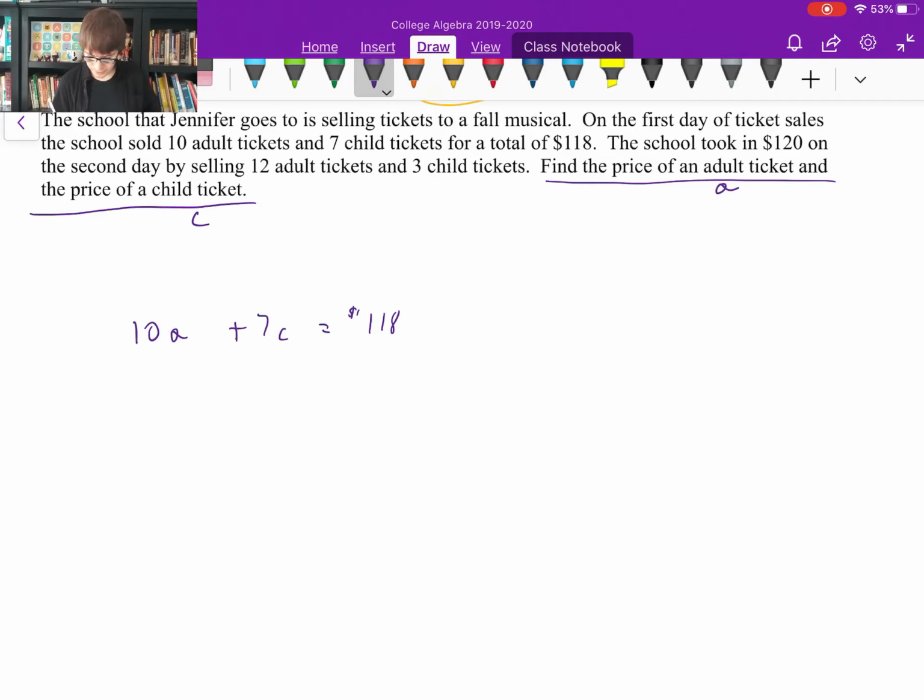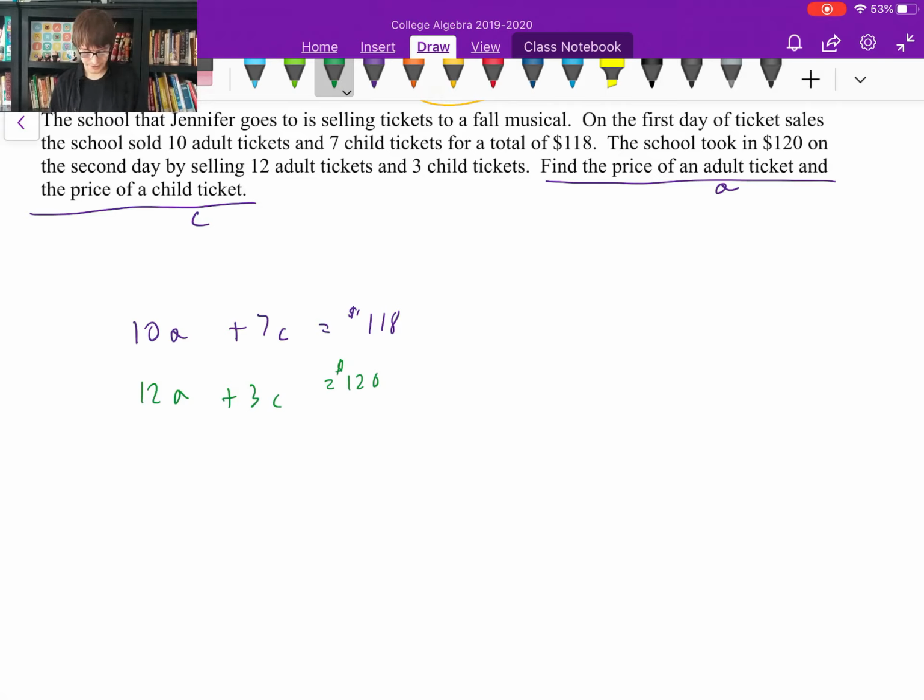Okay, night 2, the school took in $120 by selling 12 adult tickets and 3 child tickets. Okay, and we need to find the price of both. So this one seems like it won't be so easy for us because